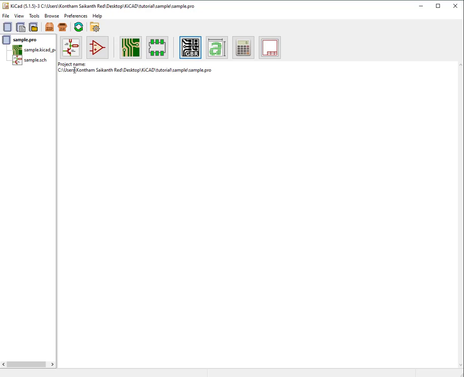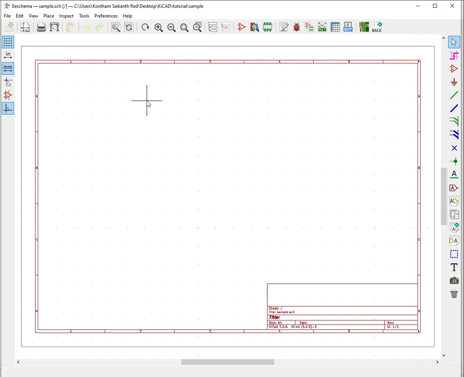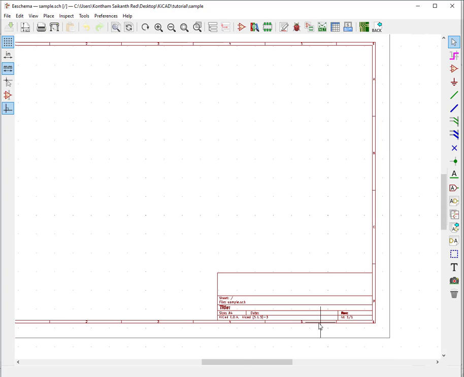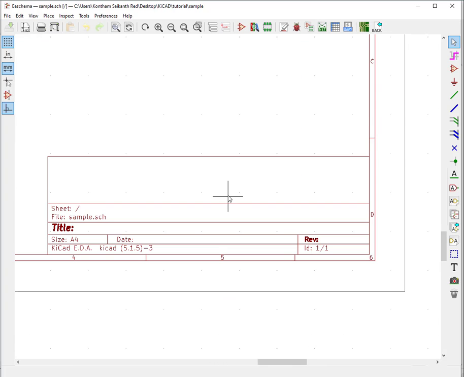For creating a schematic, I have to prepare a sheet. For that, I just click on this. You can see the schematic is open like this. Sheet properties will give you all the details of the schematic you have created. Whenever you go to any firm or company, they usually ask you to design your schematic, and this adds a special attraction to your sheet because it adds all the details of your sheet. So before entering into any schematic drawing, you have to start by giving your sheet properties.